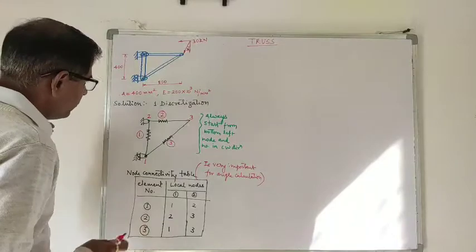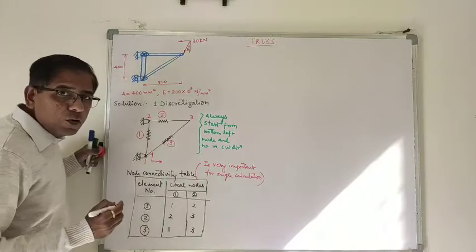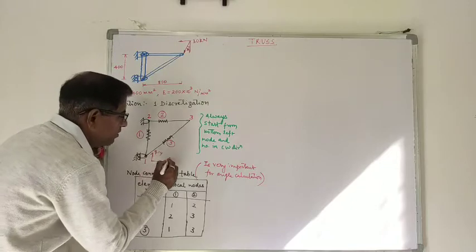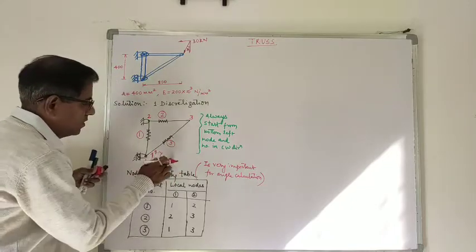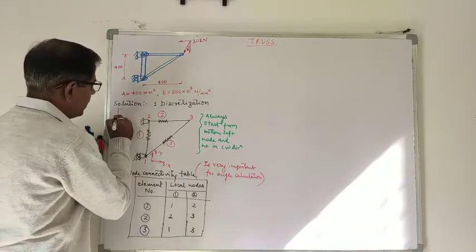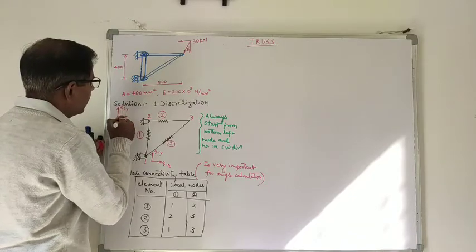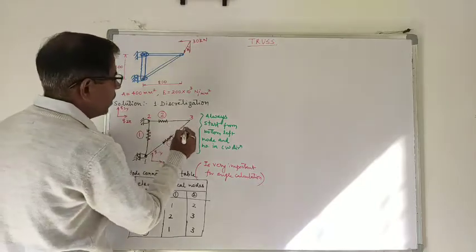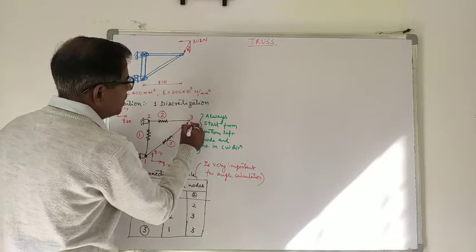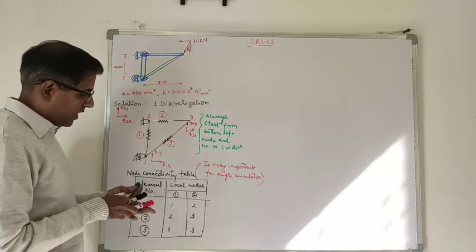Now here, at node number 1 we consider two displacements, that is q1x and q1y. Similarly, we consider two forces. So q1x and q1y are the displacements at node number 1. Similarly, q2x, q2y will be the displacements at node number 2, and q3x, q3y are the displacements at the second local node.